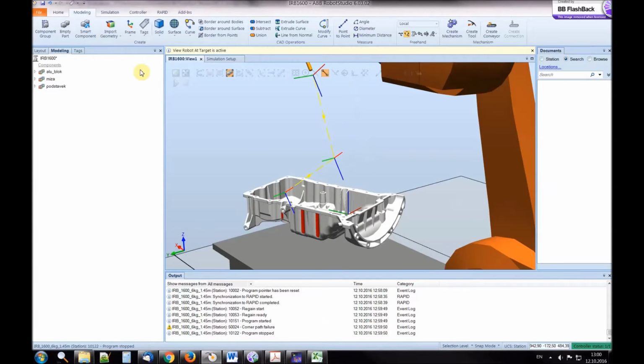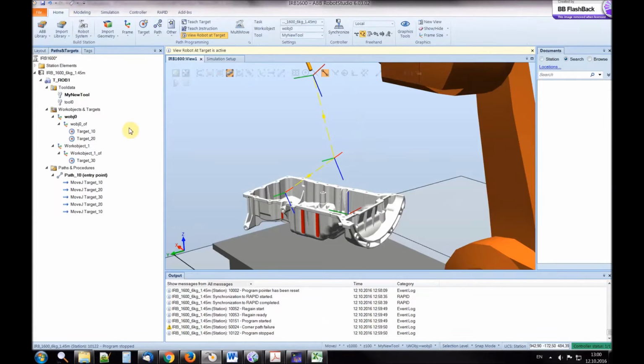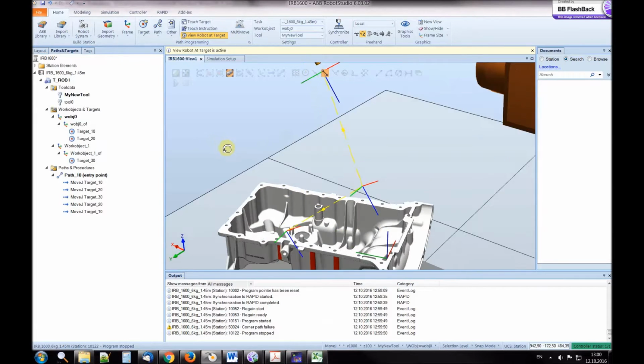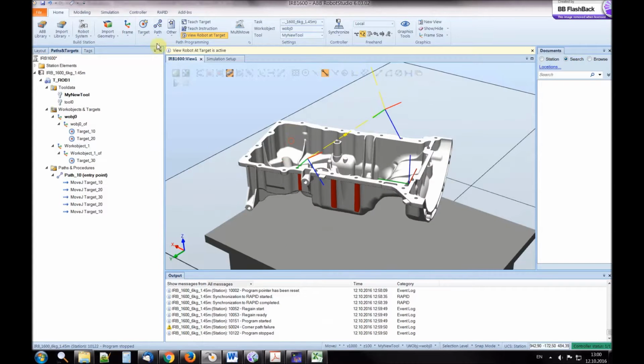So we go to modeling, home. I will show you several ways how to create the points. So the first one is simply to go to target. You choose create target,